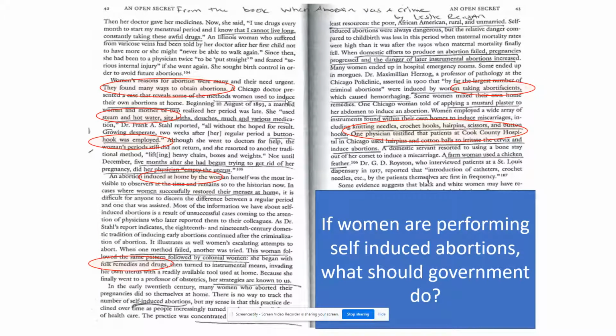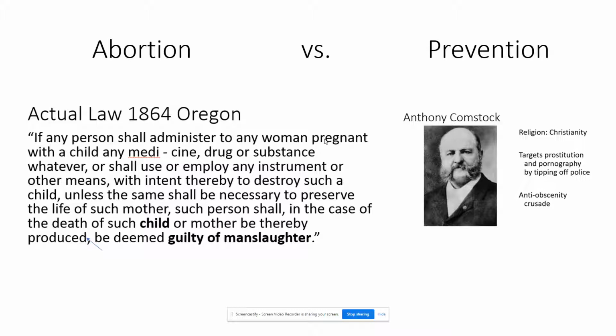So one of the ways women can perform this particular procedure, keep in mind it is illegal, is what's called a self-induced abortion, where they're pretty much performing the procedure on their own, and the methods are pretty horrific. Looking at this particular section here, the use of scissors could definitely be something that is horrible, but that shows the measures women were willing to go through in order to try to get this particular procedure.